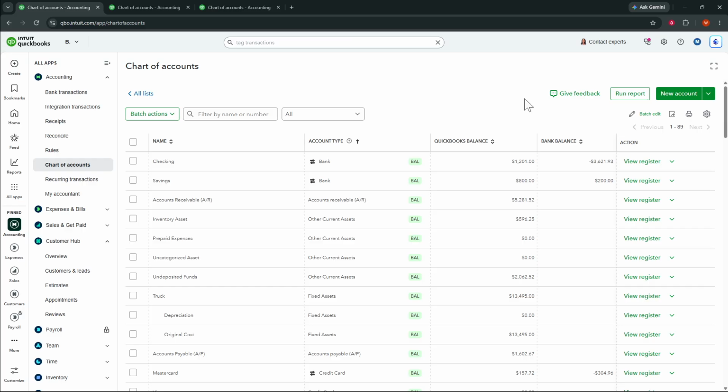If you do not see the change right away, give the page a moment to refresh and look at the account row again. The key point is to confirm the update in the chart after saving, rather than assuming the